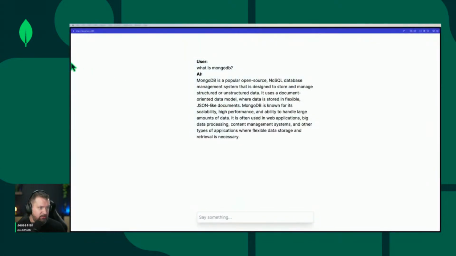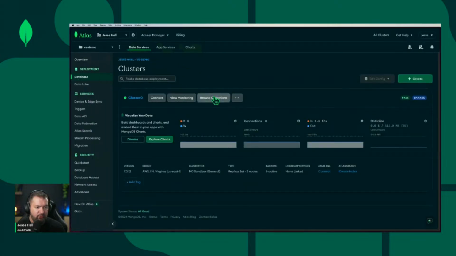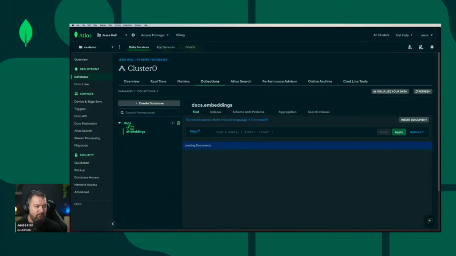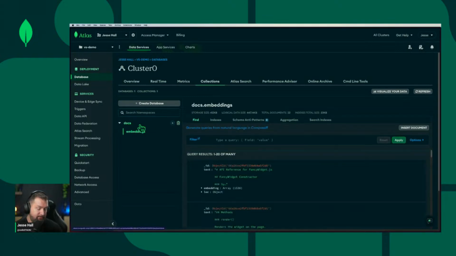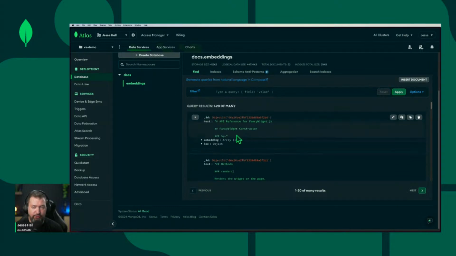So let's go back over to my Atlas cluster here. If I go to browse collections, we should now see a docs database and an embeddings collection. And then within the embeddings collection, we have all of our different chunks. So we have an object ID or an underscore ID here, which comes with each of these. We have our text field, which is the plain text chunk. Our embedding is an array of